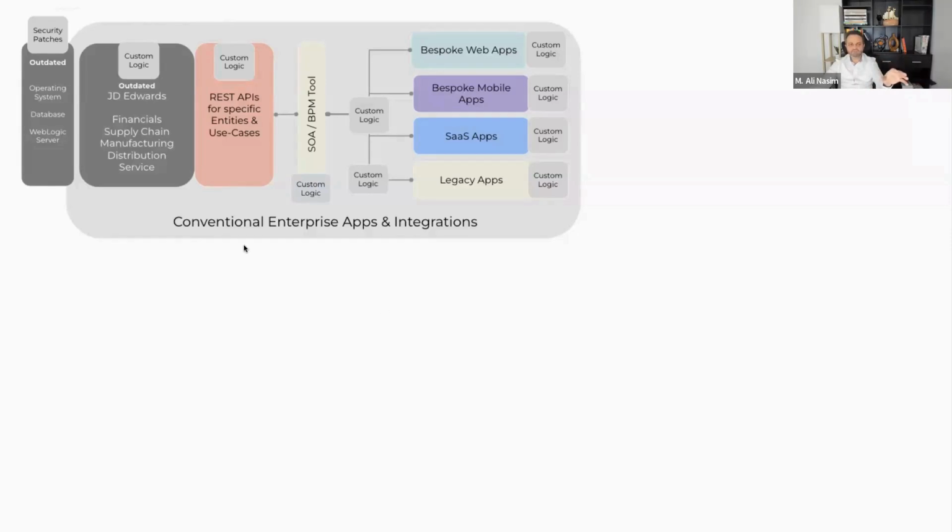Set the stage, right? This is what we've all been doing. We've all been following this methodology where we have an ERP, we have these APIs, and we have a middleware maybe, and we have different types of applications that we have to roll out across the enterprise. These could be mobile apps, these could be third-party SaaS applications that we have to configure and then integrate back